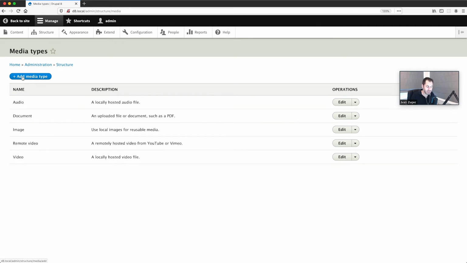Now, as I mentioned as well, a media type is just like a content type. Okay, so if you are used to creating content types, vocabularies, or if you've used Drupal Commerce and created a product type, for example, they are all bundles because they are all fieldable entities, okay? And the UI for creating custom fields on a media type is exactly, and I want to stress this, exactly the same as creating a field on a content type, because other CMSs, WordPress,